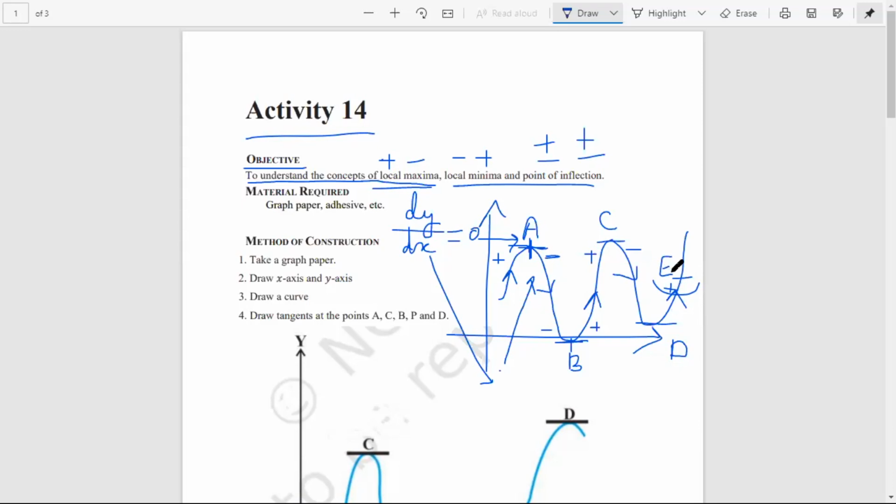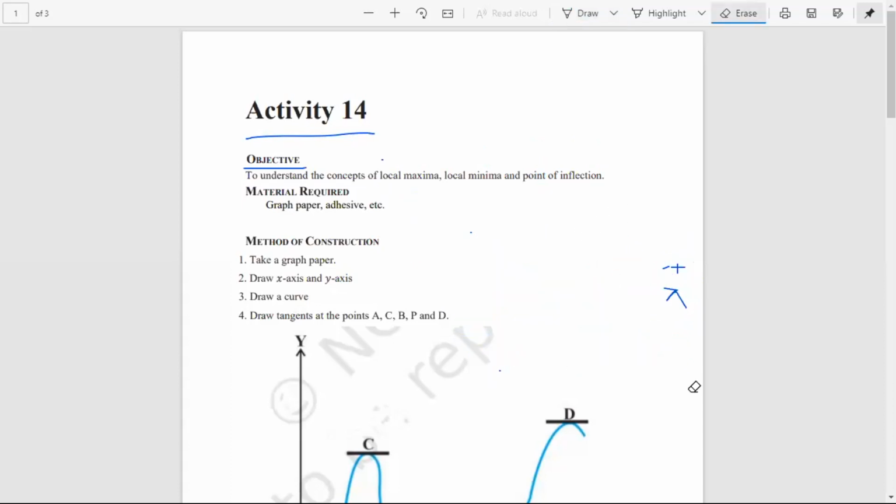What about the immediate right side of E? Positive. Point of inflection. Very good. It's a point of inflection. You got it. So your point E is a point of inflection. Okay, so you all understood, right? Seeing the graph. Okay. Aman is not there. I didn't get any response from Aman. I am here, ma'am. Okay, no, I didn't get any response.